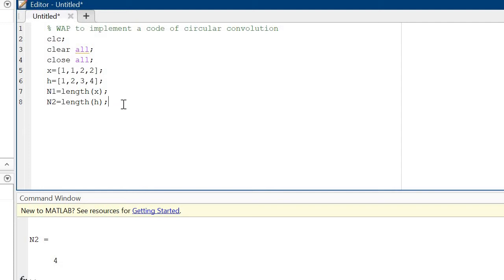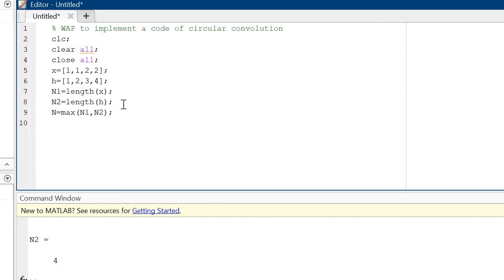Now after that take the total length of the sequence. I am taking the total length as capital N, with the help of this command: max of n1 comma n2. Then I will take an if command.